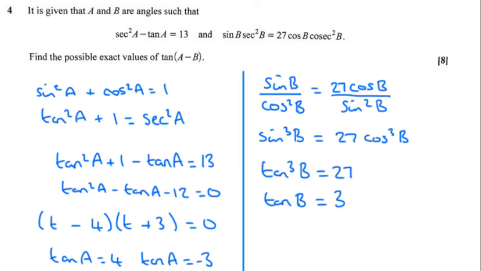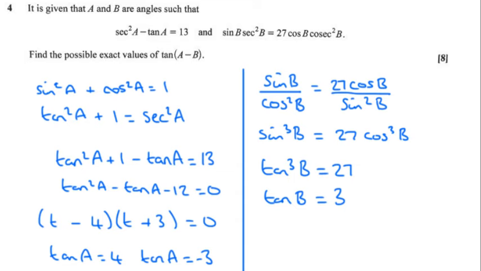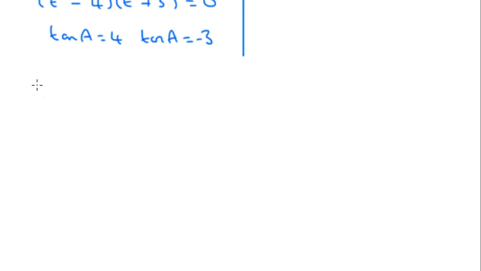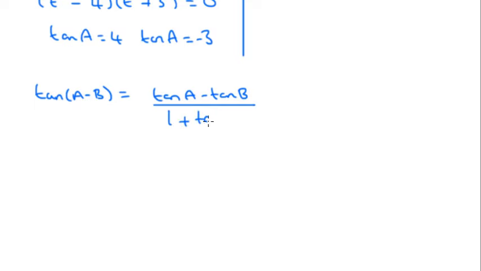And that's everything we need to be able to work out tan of a minus b using our addition formula. This is in your formula booklet: tan of a minus b is equal to tan a minus tan b, divided by 1 plus tan a tan b. So we're going to have 2 possible answers because we've got 2 possible values for tan a. So if we look at when tan a is equal to 4,